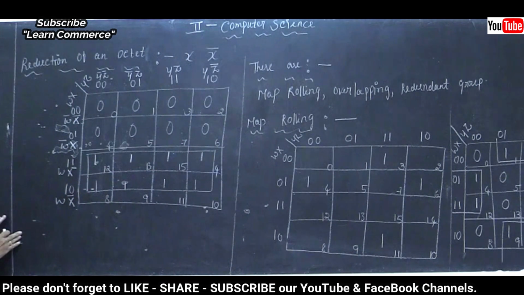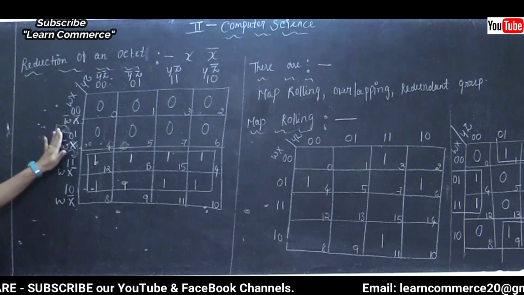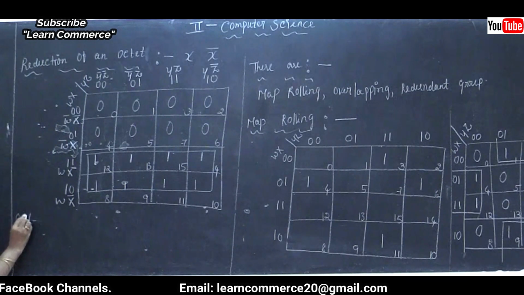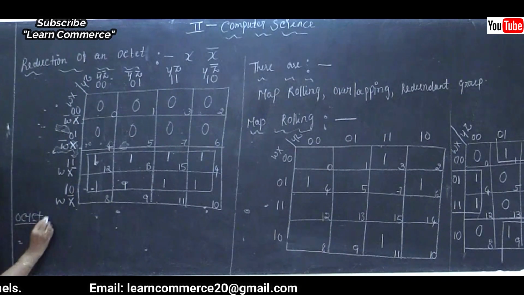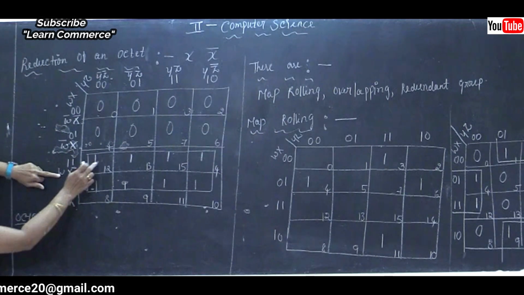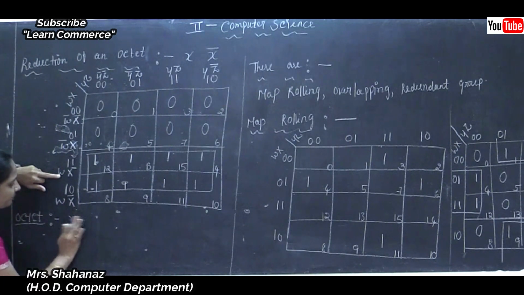Now I am using the values. Clear this point here. I am using the values. So how are we going to take the value? The first one, that means we know that we are going to find out the octet here. So the octet we are going to find out. First of all, I am going to take the first one. Okay, so the first is the M.